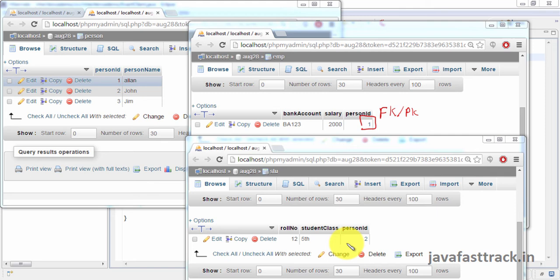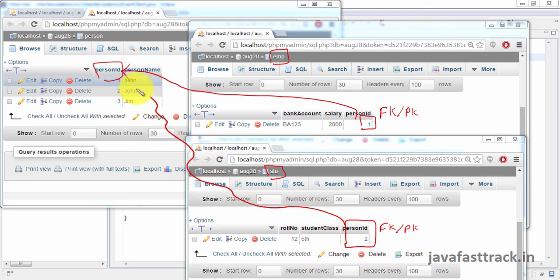In the student table also, person ID is the foreign key as well as primary key. So in the student table we have a foreign key, in the employee table we have a foreign key. Data for that foreign key will come from the person table, person ID column. This is the foreign key relationship. Data for that will come from the person table, person ID column. This is also a foreign key relationship. Data for that will come from the person table, person ID column.